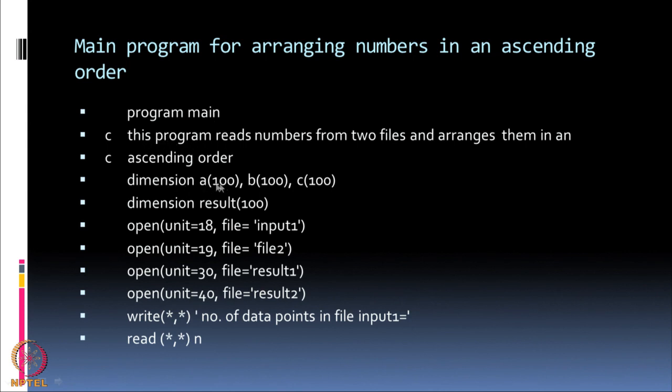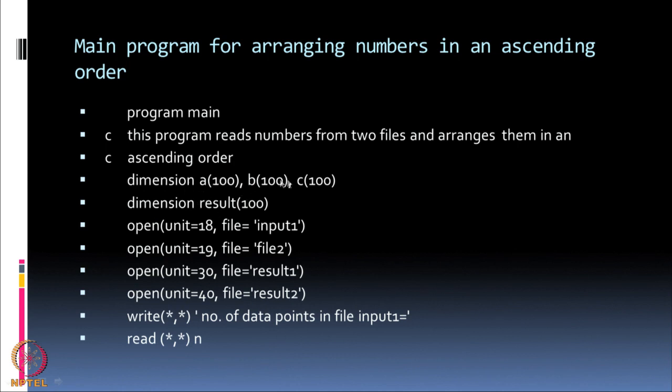so I have A, B and C, these are 3 arrays. Suppose I want to arrange both A and B in an ascending order, or suppose I want to arrange all of A, B and C in an ascending order. I do not want to write the program 3 times as I wrote earlier. So, I want to write a subroutine which arranges the numbers in an ascending order and call that subroutine 3 times. That is the main advantage. I write the program once and call it as many times as I want in the main program.